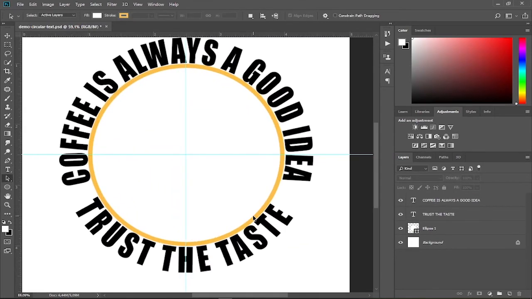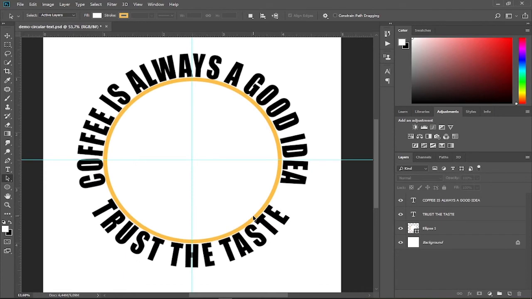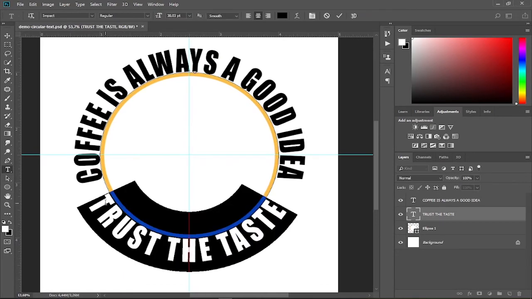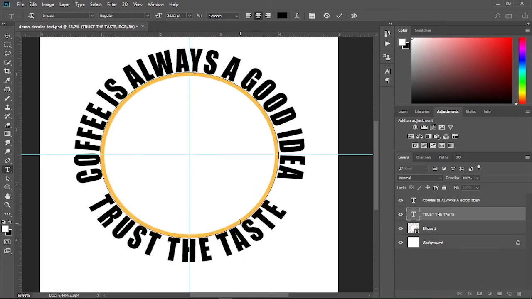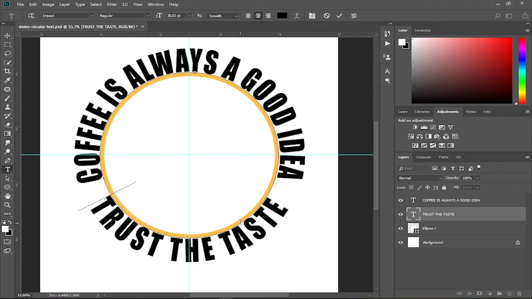And another important trick is that if you want to move the text rightward, double-click the text layer icon, click the text just before the first letter, or in case your cursor goes to the last letter when you click on it, like this, press your left arrow key several times until it goes exactly before the first letter. And then press and hold your Alt key while pressing the right arrow key to move the text rightward.